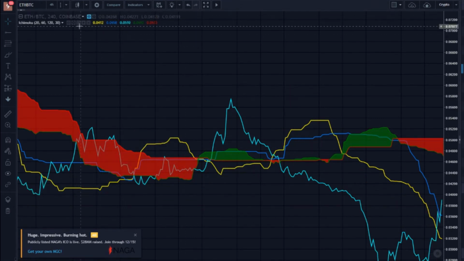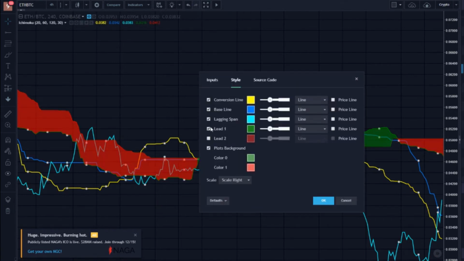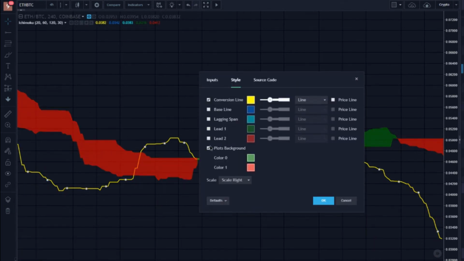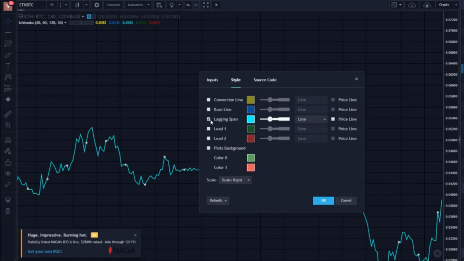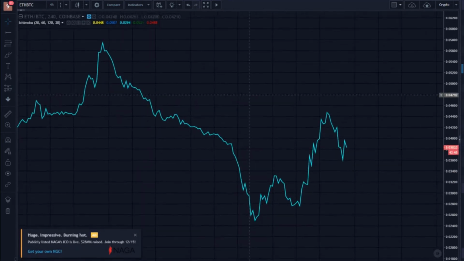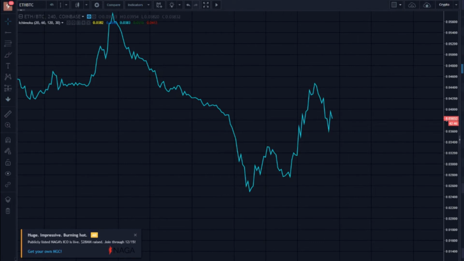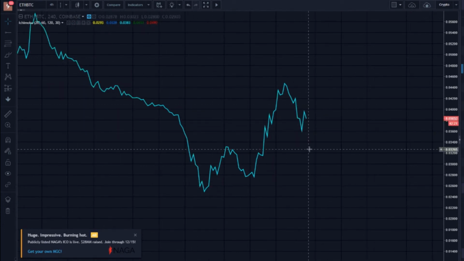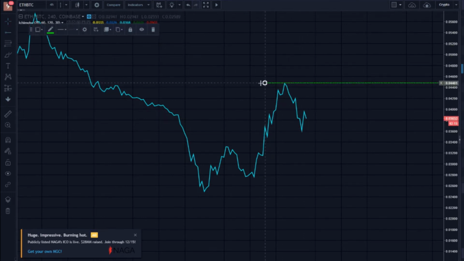So if we go ahead and take off the candles, plus everything else except that. Let's bring that over here. Can you guys guess what we can use this for as well? Think. Just like everything else we've been doing through this lesson, this is another support and resistance level. So what I want you guys to do is just look at this and plot lines on every peak. So we can put a line here, we can put a line here,